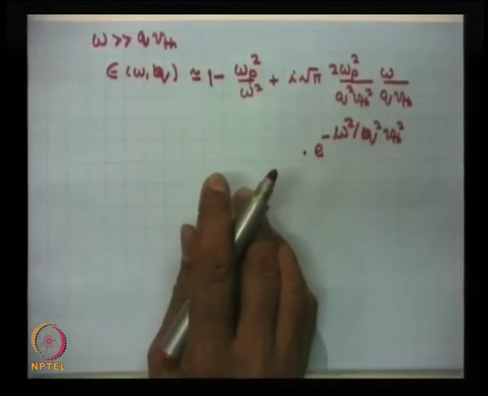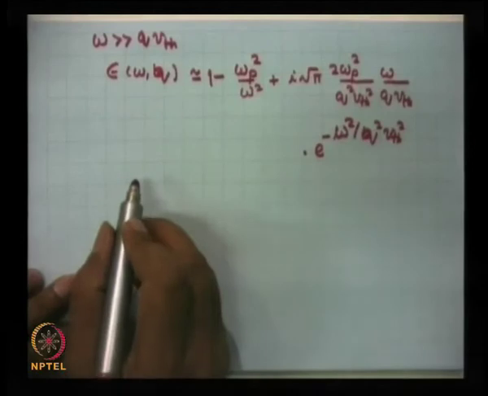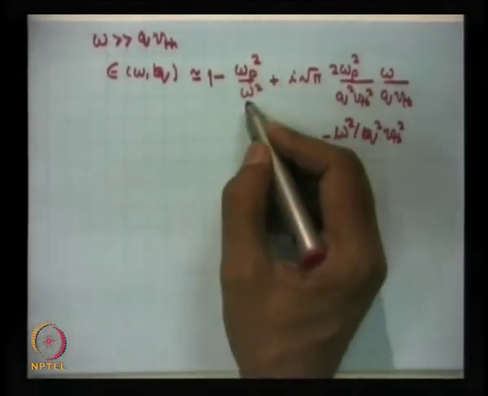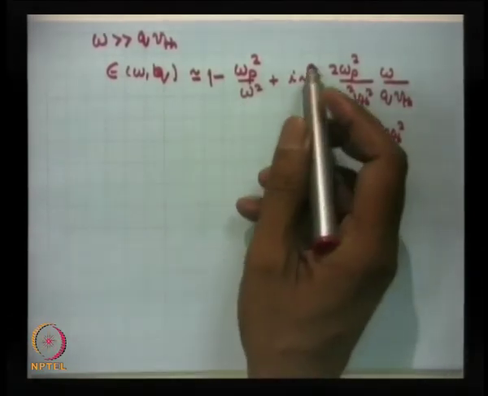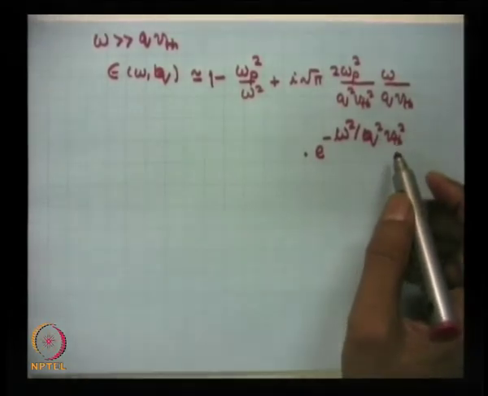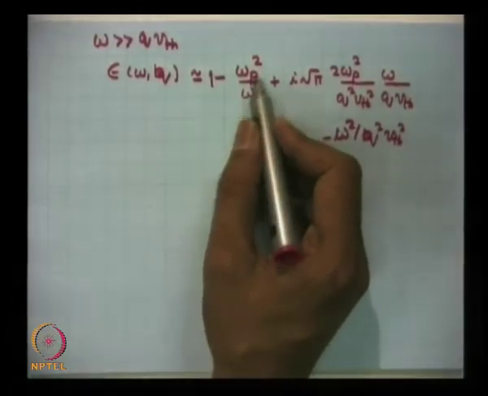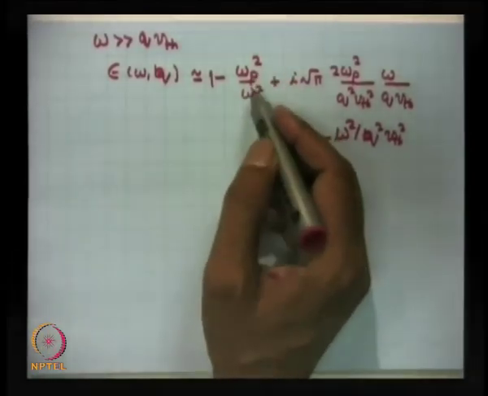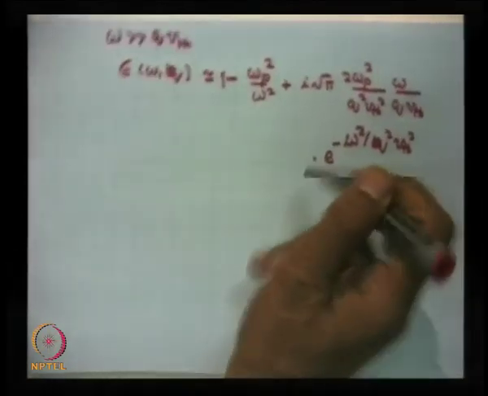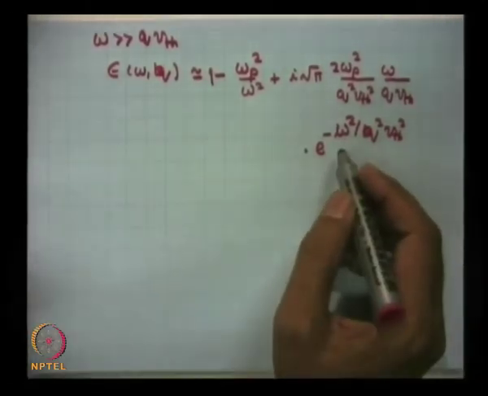So, what you are getting is 1 upon epsilon in the denominator. If omega were very close to omega p, then this is nearly 0, and the second term is purely imaginary. So, there is a huge resistivity. On the other hand, if omega is off from omega p, suppose omega is much bigger than omega p, this term is simply unity, but still the imaginary part is significant and it will be important. So, contribution to resistivity will come